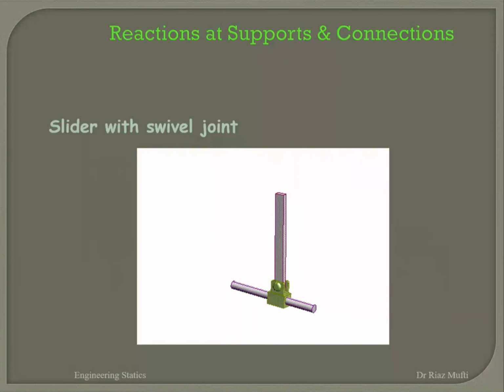Am I right? No, sir, it can rotate in two axes and translate in one axis. Yes, so basically it can rotate in two axes. So I have one reactive moment. It can move along one axis, so I'll have two reactive